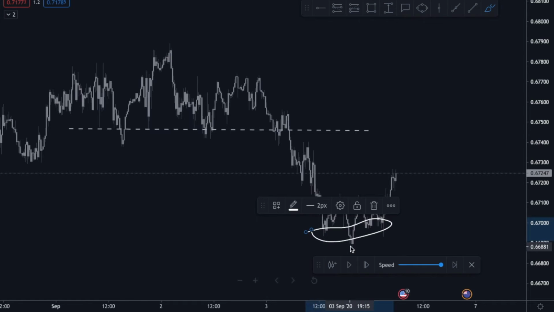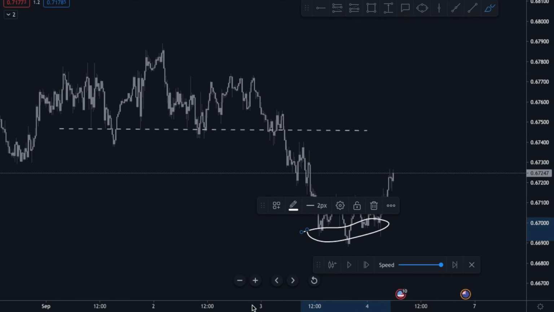Yes, this one is a little bit lower than this one, but it's roughly the same. I wouldn't consider this to be a lower low or anything of that nature. It's relatively equal. So here we are, after these relative equal lows,